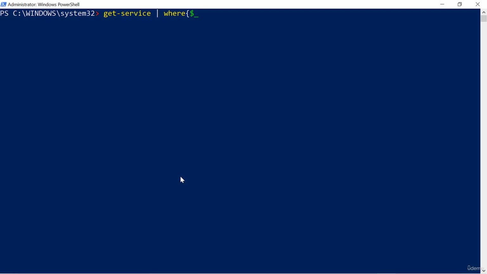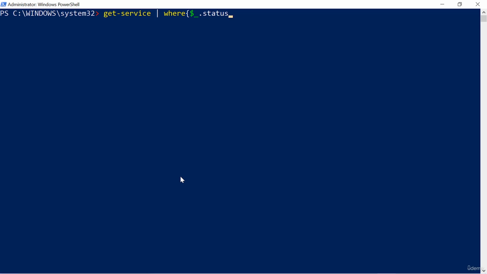That is a built-in placeholder variable. Let's think about what's happening. Get-service returns all the services on my computer that are installed. That's a collection of objects. I need to process each object in that collection to see if it's running. So how do I, one by one, check each object? Using the placeholder variable, $_. It's that easy. So the next thing I do is put in a dot and the name of a property